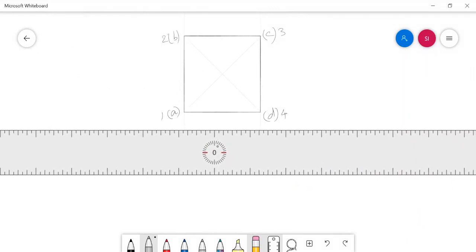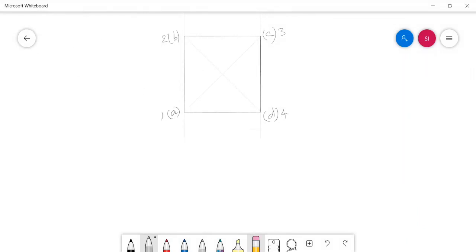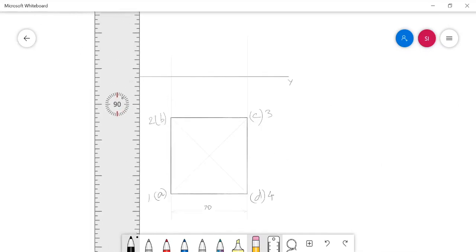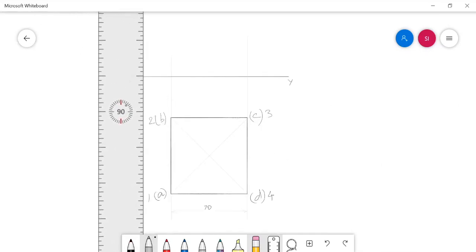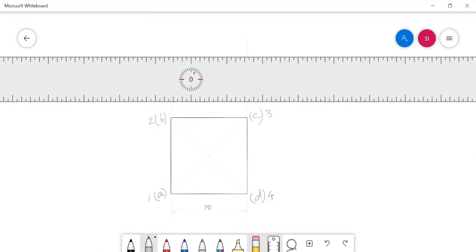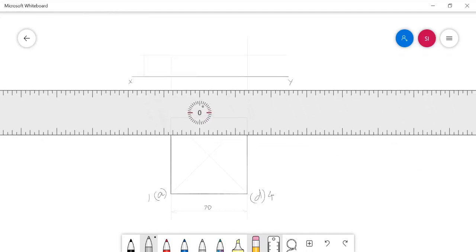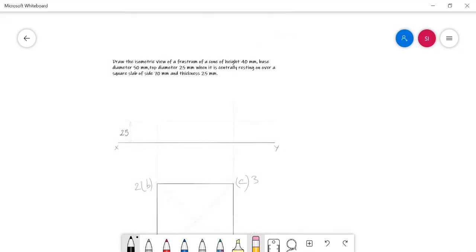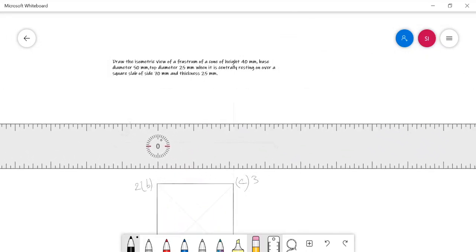The base side length of the square is given as 70 mm, and the thickness of the square slab is given as 25 mm. And let me complete the lateral view of the solid.